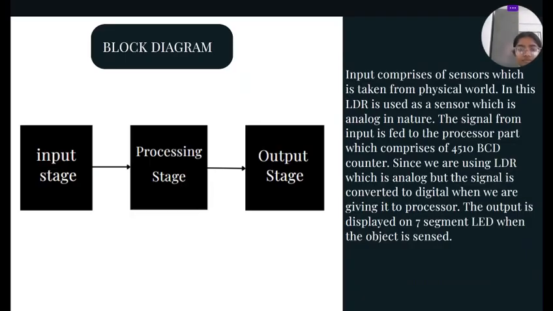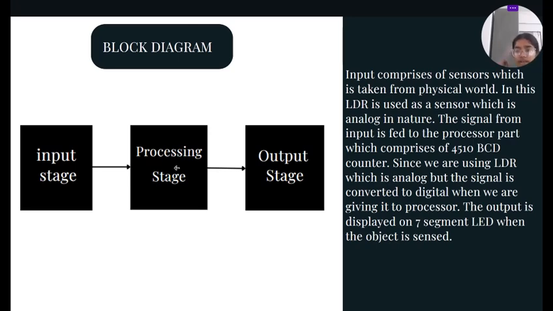So this is a simple block diagram. First is the input stage, second is the processing stage, and third is the output stage. The system uses a sensor which detects the object from the real world. We use the LDR, light dependent resistor,